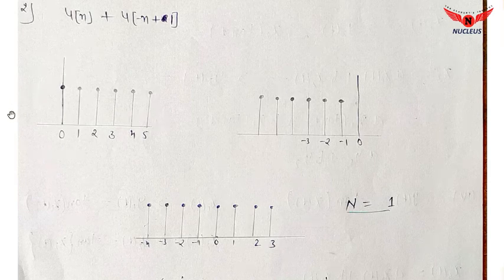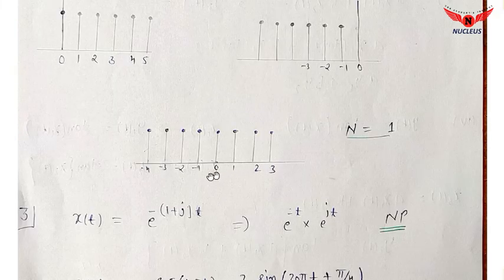All the terms will go to this side, and whenever there is a plus, there will be a left shift. We already discussed this in my second video, where we discussed operations on signals. So this is the graph of u minus n plus 1. If you add these two signals, we will get the graph of u1 plus u minus n plus 1. From this graph you can see the signal is repeating itself, at value n equal to 1.